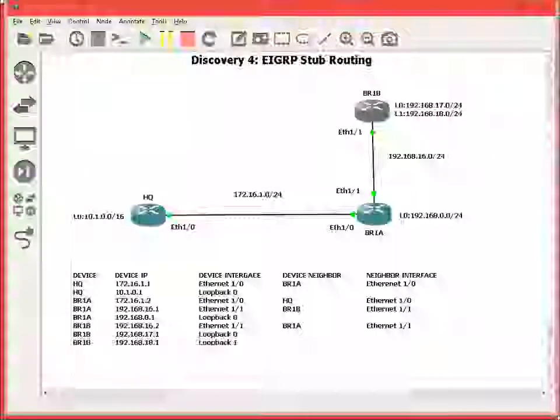So we've got the topology loaded. What we're going to be doing in this particular case, EIGRP is essentially already configured on all 3 routers: the HQ router, the BR1A, BR1B. And obviously in this particular case, we're trying to demonstrate how stub routing features work and what the purpose of a stub routing feature is. It's not an overly complex